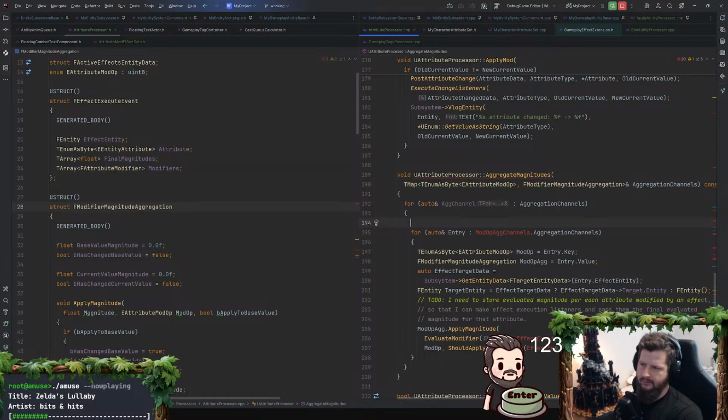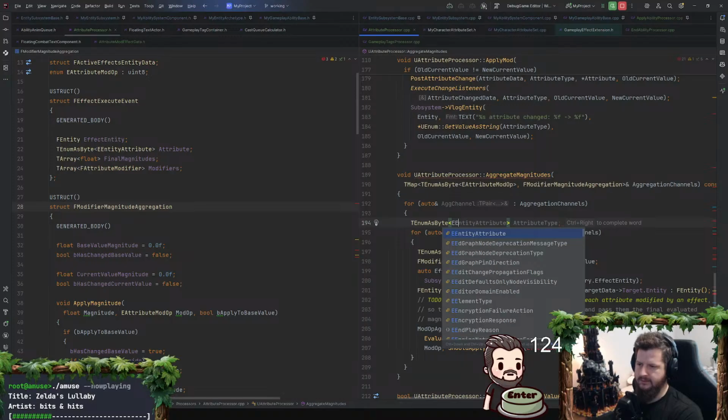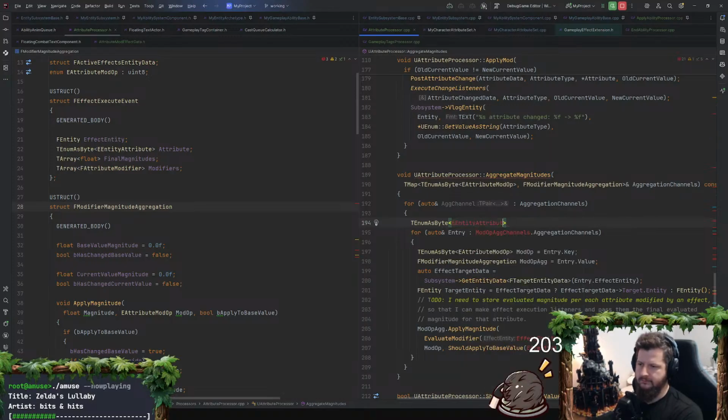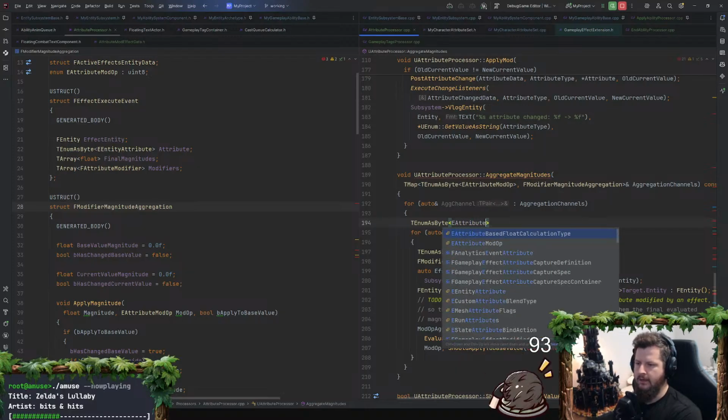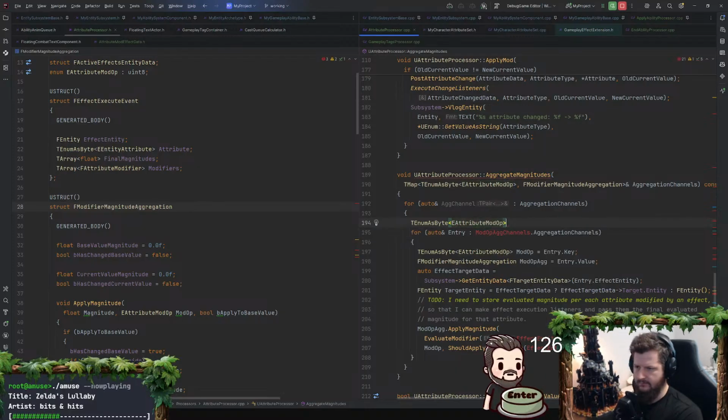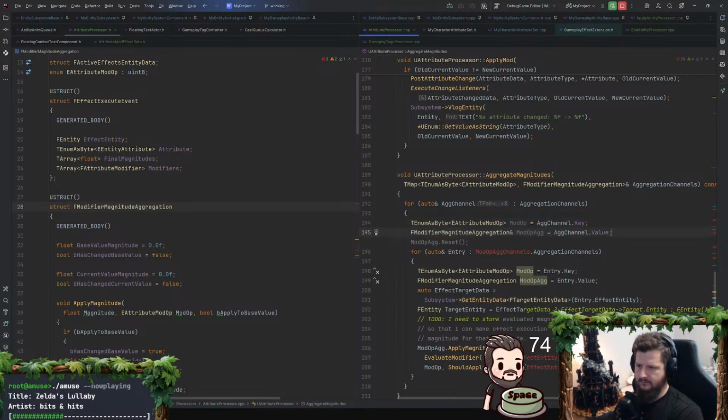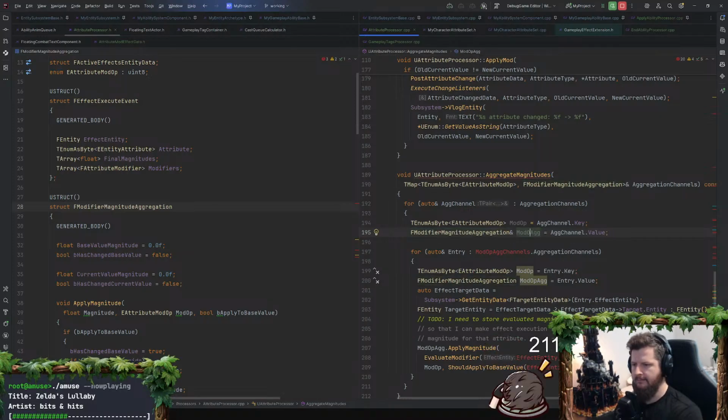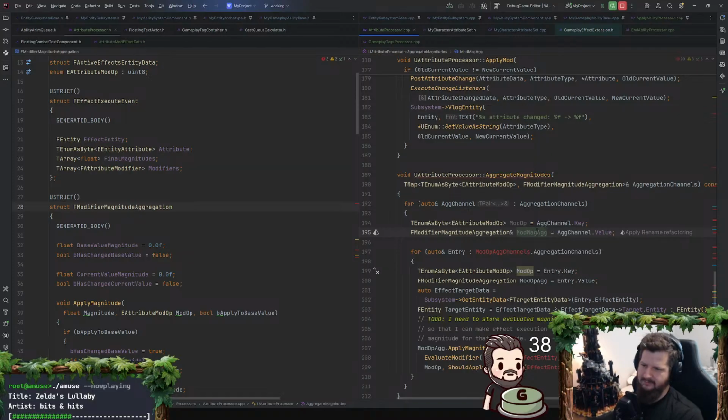And then we will go t enum as byte, e attribute, entity attribute, no. Attribute mod operation. Mod mag ag. What a name. Okay, so with that being said, we don't need that.